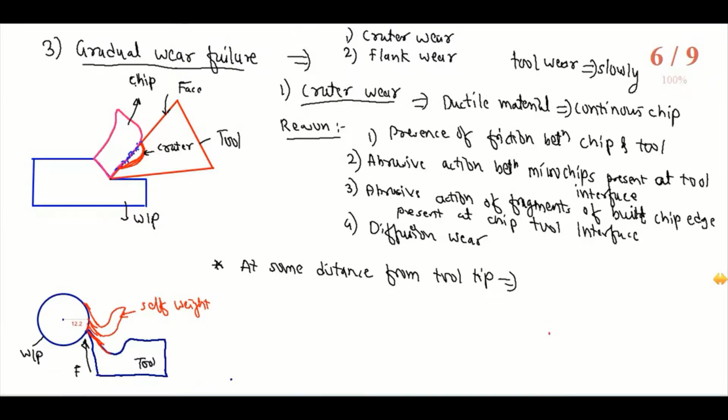So in the process of lifting and falling back, the chip which doesn't have any contact with the rake face of the tool has no friction and no abrasive action, so no diffusion takes place. But whenever the chip is falling on the rake face of the tool, it is trying to penetrate the rake face, and hence it produces a large amount of friction at some distance away from the tip of the tool, which produces the shape of wear like a crater. So here we are getting a wear shaped like a crater.